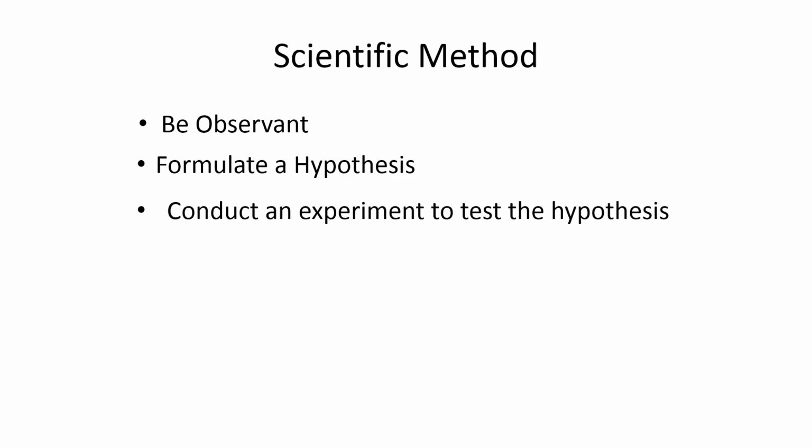Next, we are going to conduct an experiment to test the hypothesis. And this is probably the trickiest part because anytime we're going to go out and test a hypothesis, we have to come up with an experiment that is going to look at it and test the hypothesis. Therefore, what we must do is we must control the variables. Too often we do science without controlling the variables, and if we do science without controlling the variables, then all of a sudden it's no good. So you have to be able to control the variables.